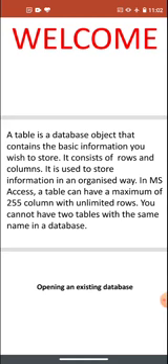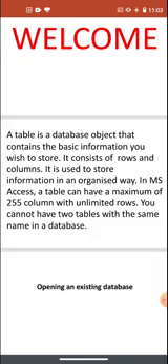It consists of rows and columns. There are very different rows and different columns. It is used to store information in an organized way. So in an organized way, we can store our information. How we can store in an organized way is because it is in the form of rows and columns. We don't have to do the entry directly. We can organize our data in different tables. We can make more than one table.